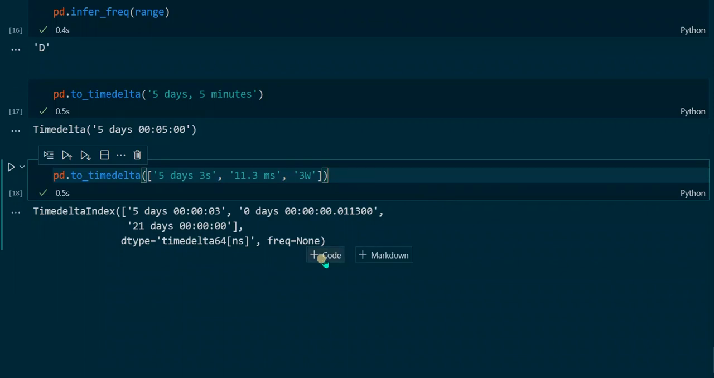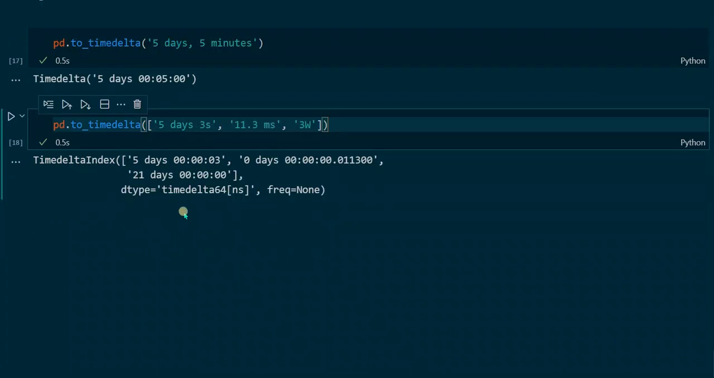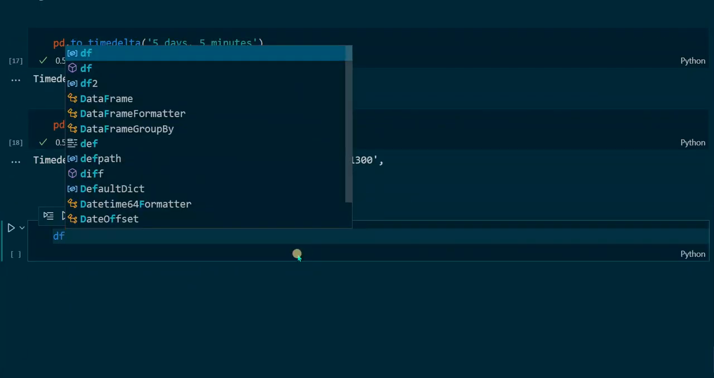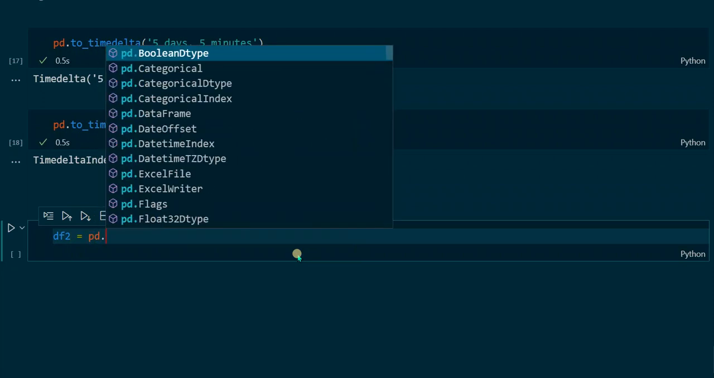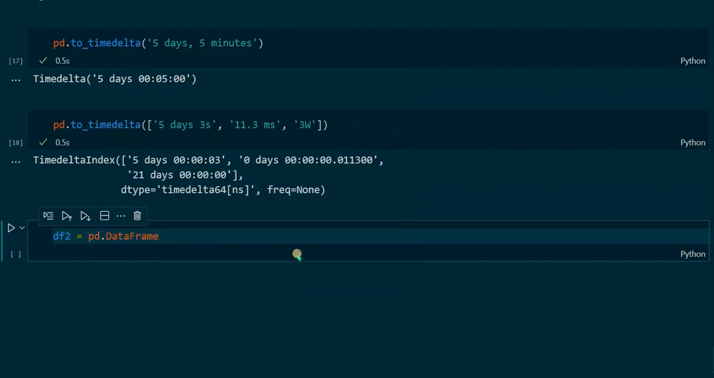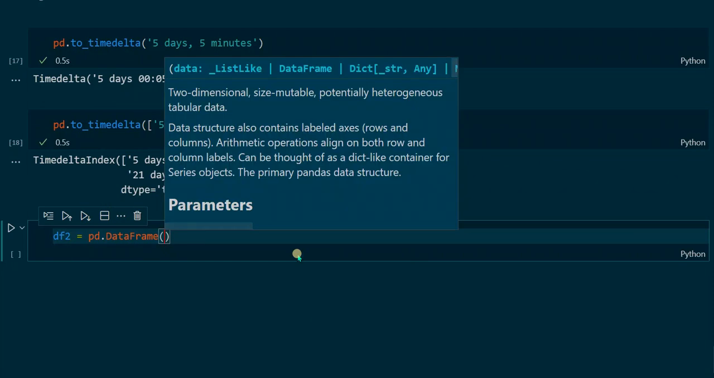So what can we do with time deltas? We could, for example, create a data frame with one column representing dates, like we've seen before, and another column with time deltas, which count the absolute days. And let's just create that. We call it df2 because we already have df1. We create a data frame,